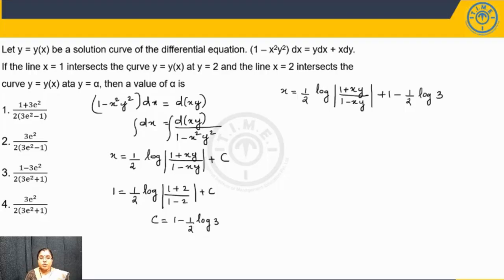If x is equal to 2, y will intersect at y is equal to alpha. So let's put x is equal to 2 and y is equal to alpha. So 2 is equal to 1 by 2 log 1 plus 2 alpha divided by 1 minus 2 alpha plus 1 minus 1 by 2 log 3. So here what happens is you will get